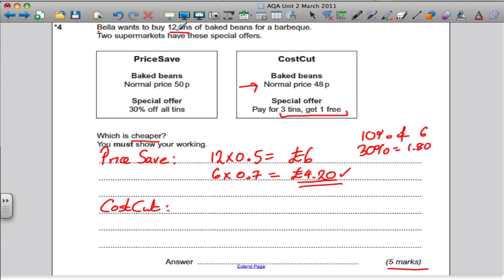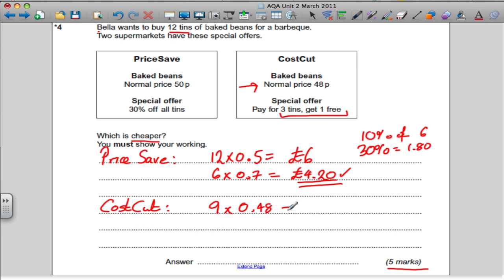If you pick up 12 in your basket, you would only have to pay for 9 of them, because every time you pick up 4, you only pay for 3. To get 12 tins, you'd have to pick up a set of 4 tins 3 times, so you'd end up paying for 9 tins. So Cost Cut is 9 tins multiplied by 48p,